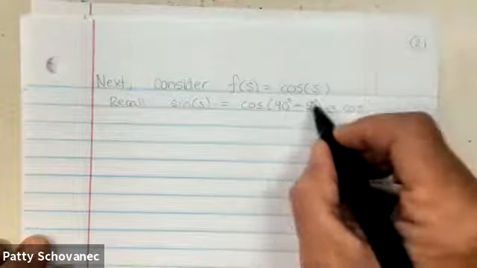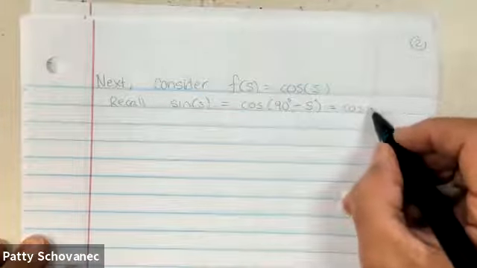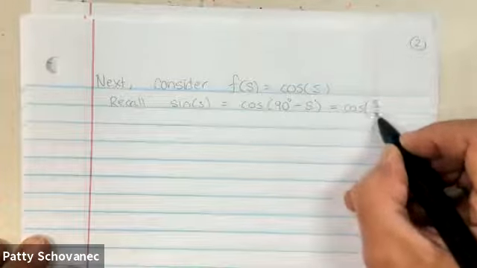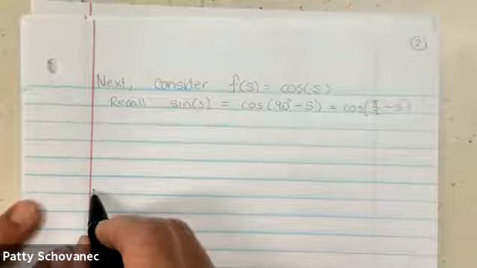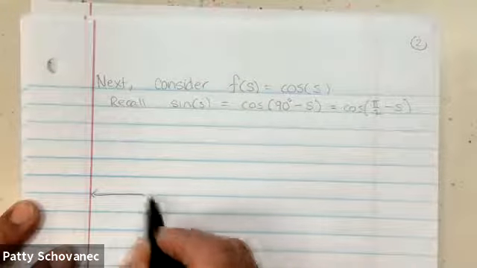If I'm in radians, I better use pi halves. It's the same graph, but shifted over pi halves units. So if I put my S axis here again,